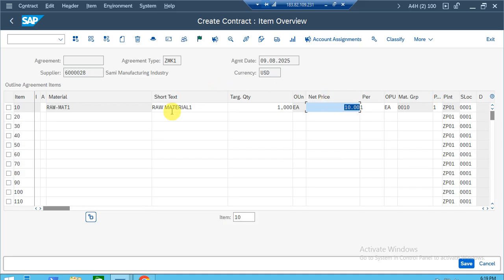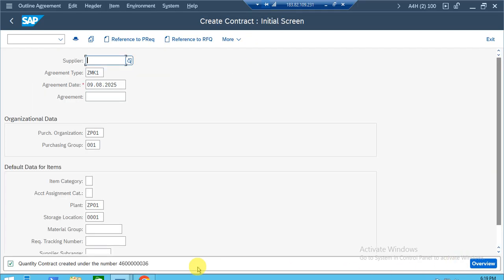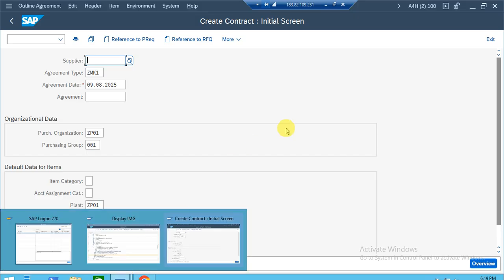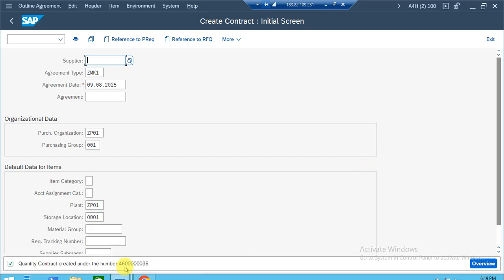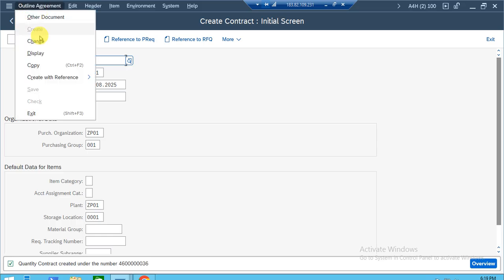Yeah, so all information we have entered, so there is no information missing, so we can click on the save button. So here we can see we have created contract 466x036. Now if we open this version in a display mode,